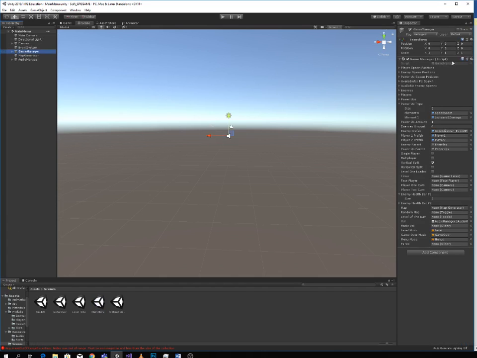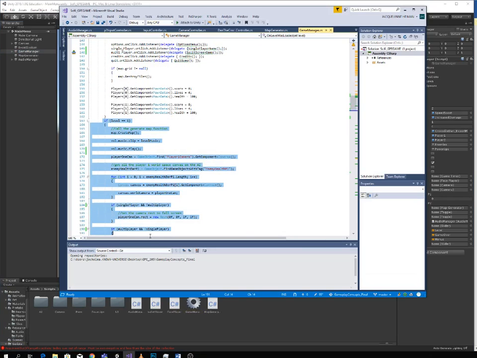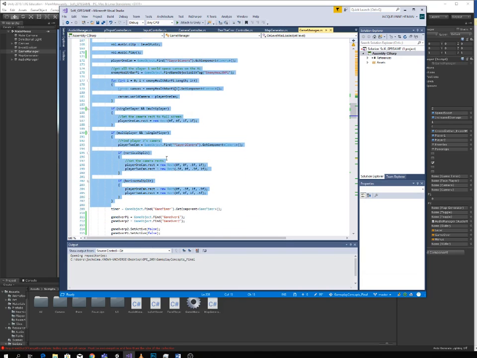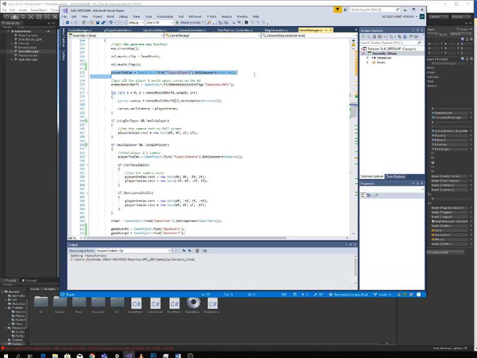Let me click here and open this. Okay, so when level 1 is loaded, which is this function right here, I get the cameras. So player 1 camera here. And it's just always going to get player 1 camera because no matter what, player 1 will be in the game. Okay, and then if it is a single player game, it sets the camera rect to be